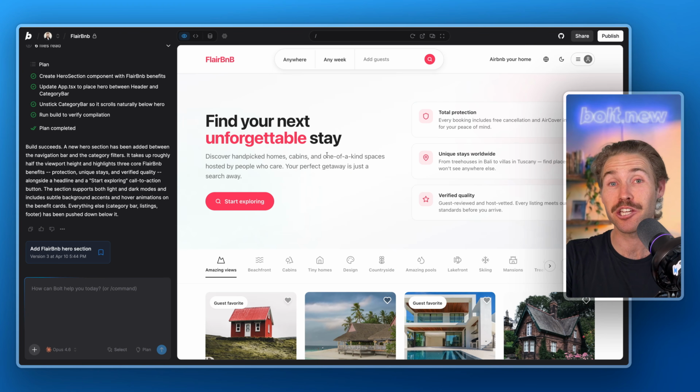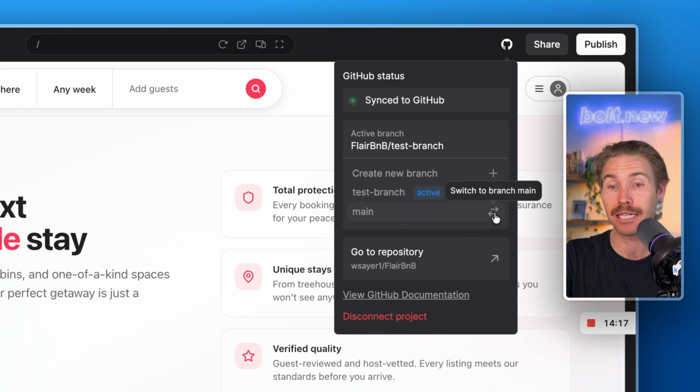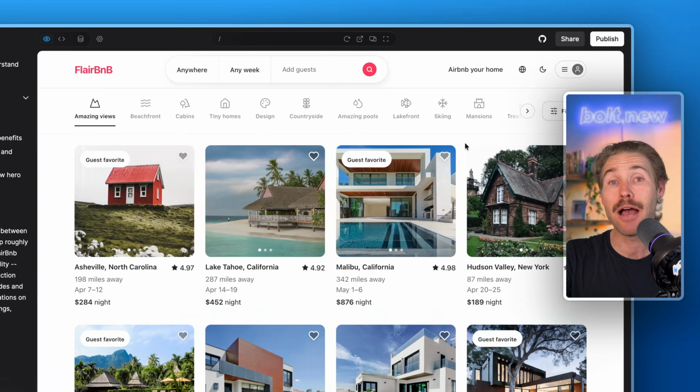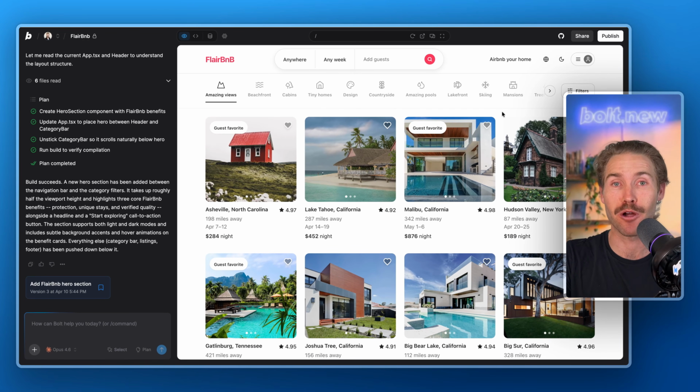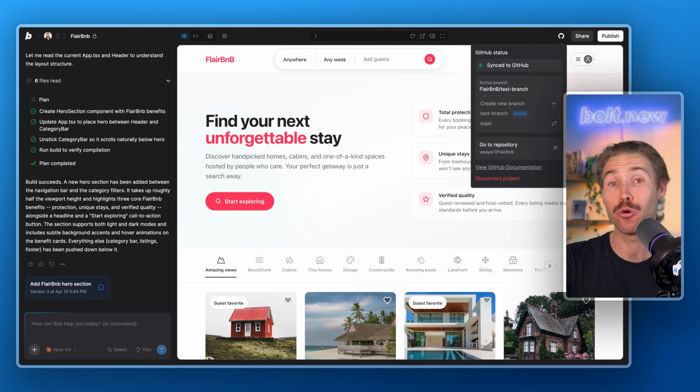Let's go ahead and redesign the homepage. Here's a new hero section that we've added to the test branch. If we want to change back to the main branch, simply click Switch to Main Branch. Now we're back on the published production branch. Let's go back to the test branch. Once you're happy with these changes and you want to merge them from the test branch back into the main,